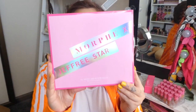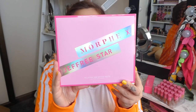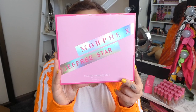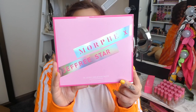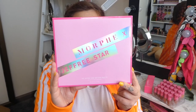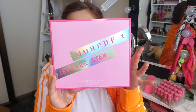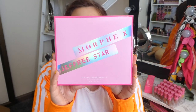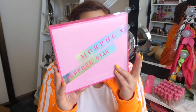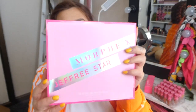And it says on the back here, "Hi, how are you? We all know I live for making a bold statement, especially with my makeup. The world needs colour and I'm serving it up by the pound. I'm so excited to once again create magic with Morphe and bring this beyond stunning palette of velvety, vivid shades to life and into your hands. All Jeffree Star approved and created for you. One touch and you'll be hooked. So dive in and explore your creativity, love and lipstick. Morphe X Jeffree Star." And it's got his picture on the back as well as the message,